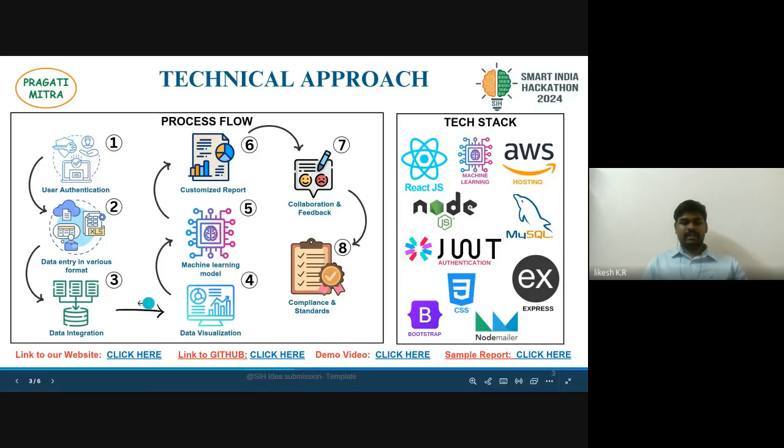After that, with the collected data, we have trained a machine learning model. So actually we didn't train a model, we used the Gemini API in this application. What we did was we proposed in our feature scope that we are able to develop a custom model for applications, so that our data remains secure. This machine learning model is only used for analysis purposes, like generating summaries for the annual report generation portal. So this is just a feature, it is not completely based on this. AI is just a part, not an important factor in our solution.